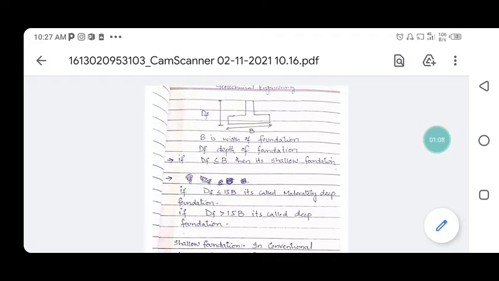In today's video, we will discuss the types of foundations, then we will explore the methods through which we can calculate bearing capacity, and also we will discuss types of tests. I have also mentioned the names of tests through which we can calculate bearing capacity of a soil. There are some important precautionary measures which we have to take. I have also mentioned this in my lecture today. So let's start.